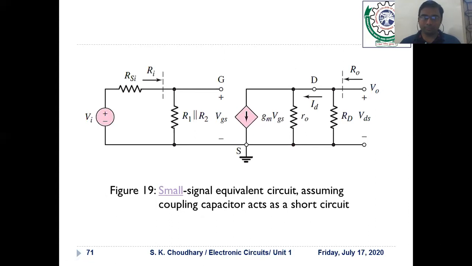Do not confuse this representation. It is not a DC, it is an AC signal. It is a phasor representation. Either you can also use a small v with a suffix, or a small i. Both are the same. Now, this is the small signal equivalent circuit that we also learned yesterday. It is the same circuit, because it is the same common source amplifier we have taken.